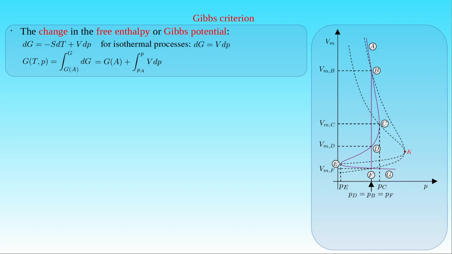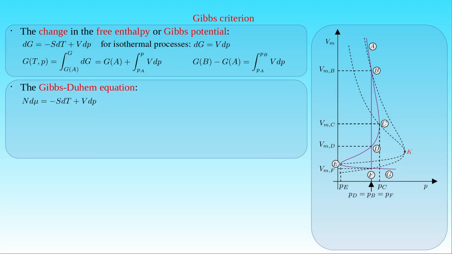Then the change of the free enthalpy G of the system evolving, for example, between the two states A and B, can simply be written as the integral of the volume V of the system with respect to the pressure P from the pressure PA of the system in the state A to the pressure PB of the system in the state B. We obtain a similar relation by applying the Gibbs-Duhem equation for a one-component system, which states that